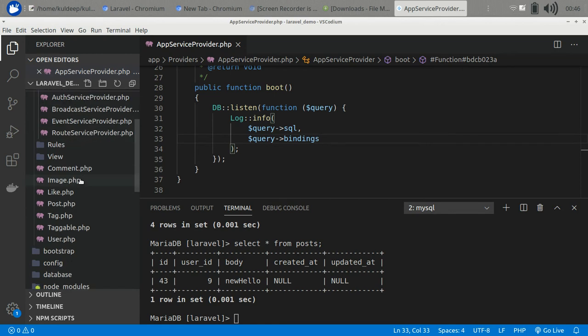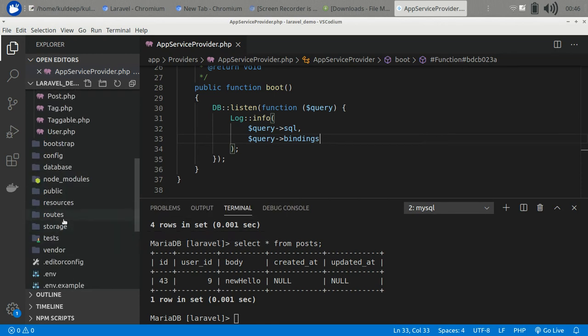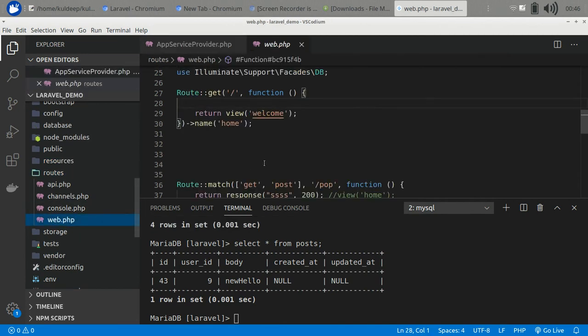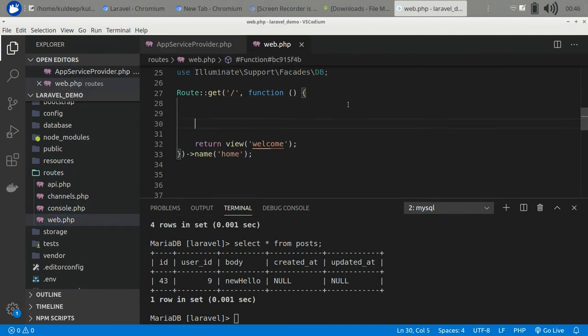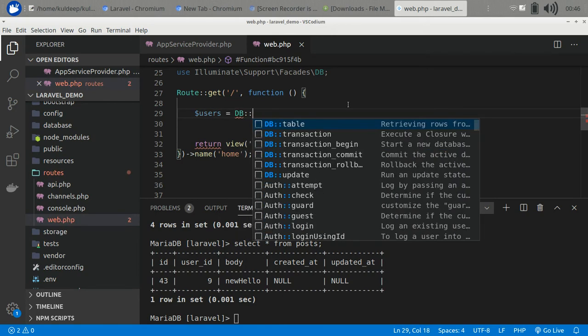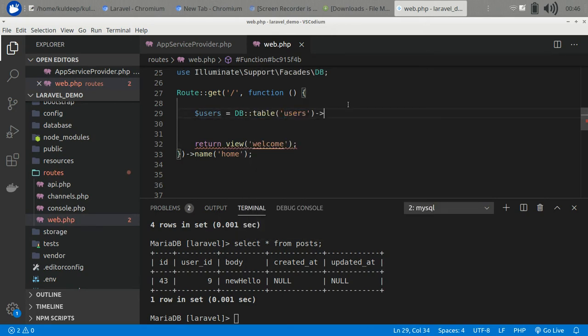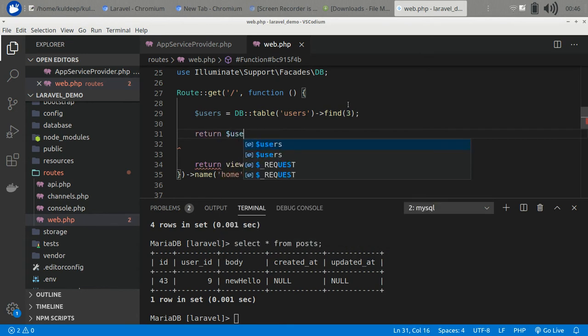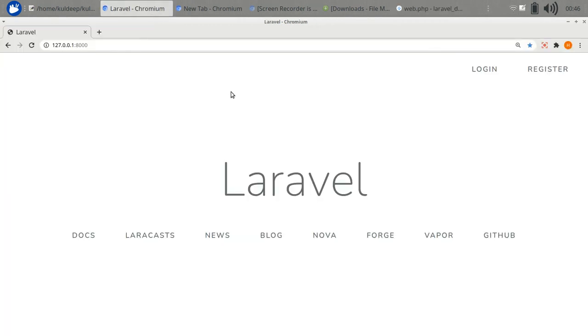So let's check it out. For this, let's move on to our routes web.php in this familiar route path, and here let's write a query, a where, or you can say a simple find. We had discussed find in my last video. And return users like this. So let's refresh it,